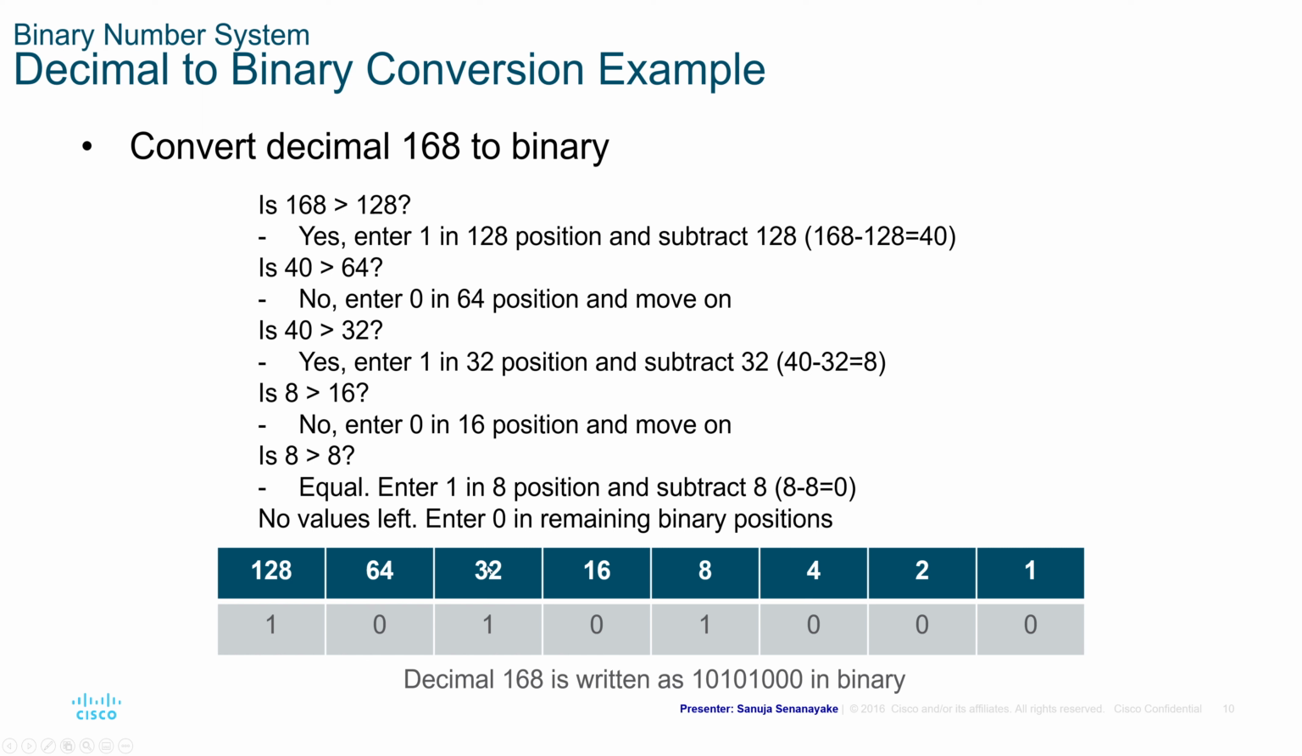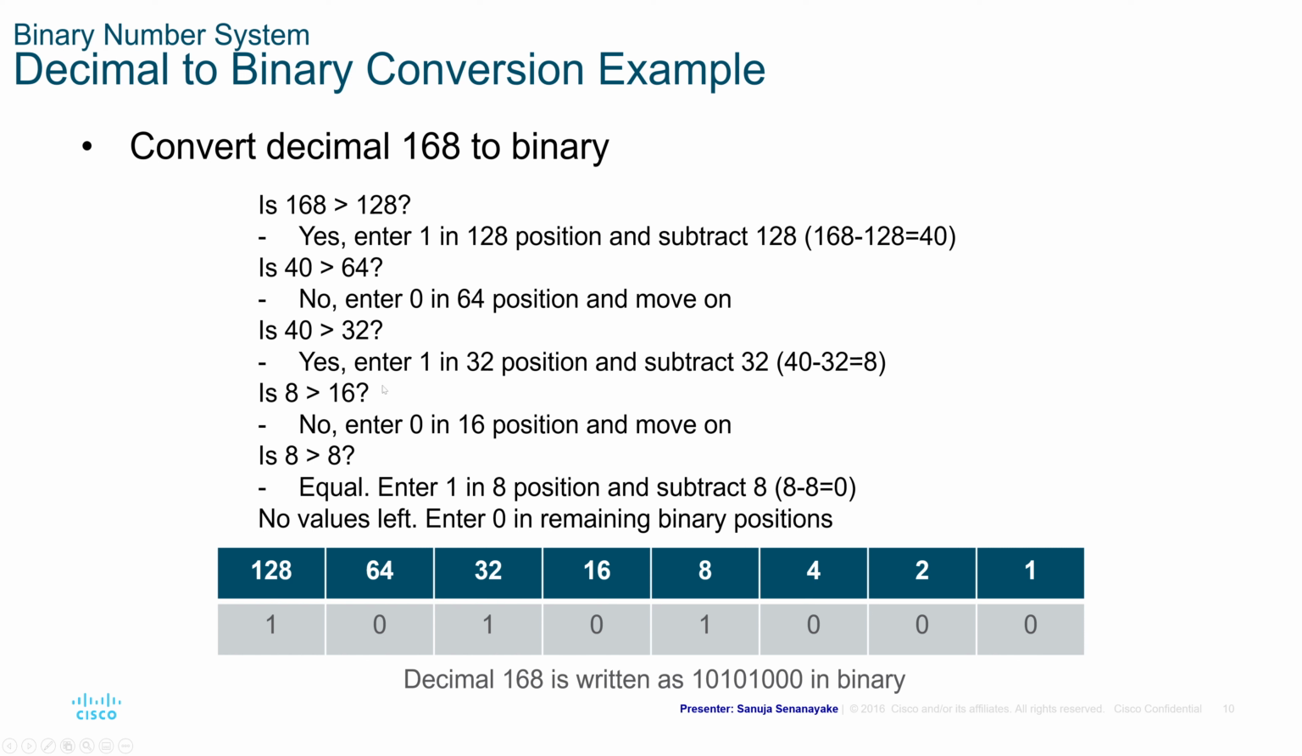The next positional value is 32. And we still have that 40. We're going to look at whether 40 is greater than or equal to 32. Well, 40 is greater than 32, so we're going to put a 1 in here. And what's going to happen is we take that 40 and subtract 32, because the positional value is 32 and we have a remaining value of 40. That's going to be 8. So we're going to move on to the next